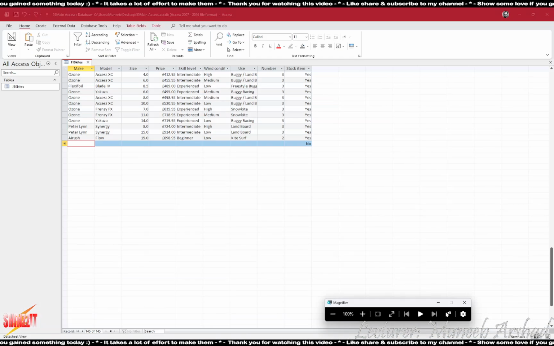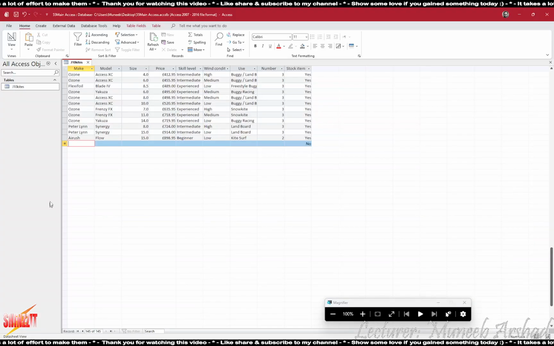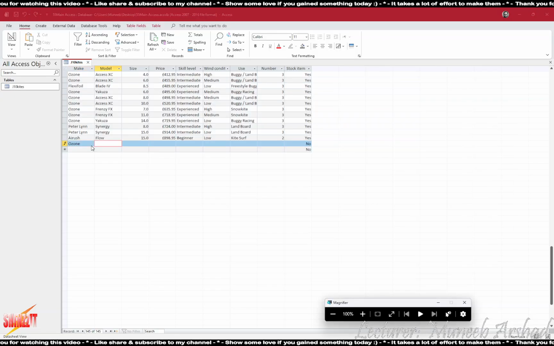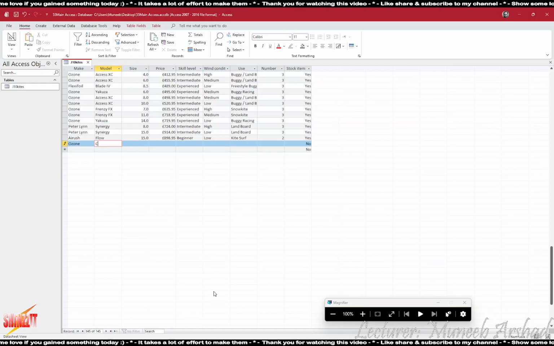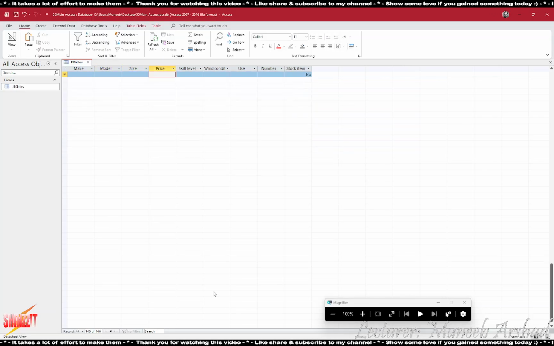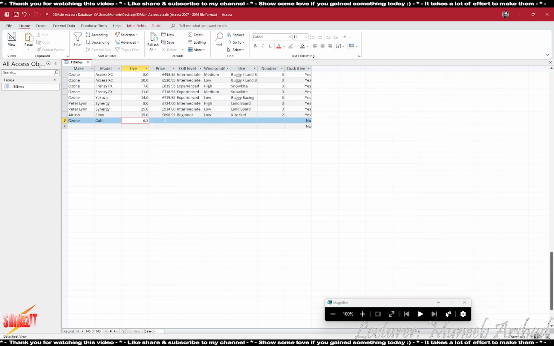Now I'm just going to add one more entry, not all 3, because you know how to add them. So ozone, then we have cult, then we have 3.5, 6.5, okay, 6.5,